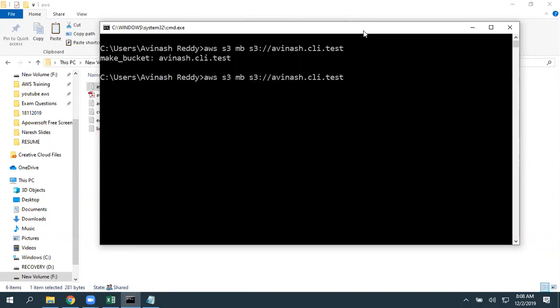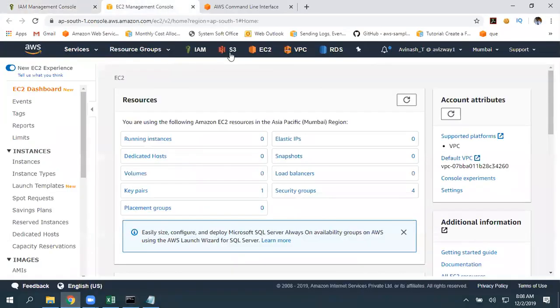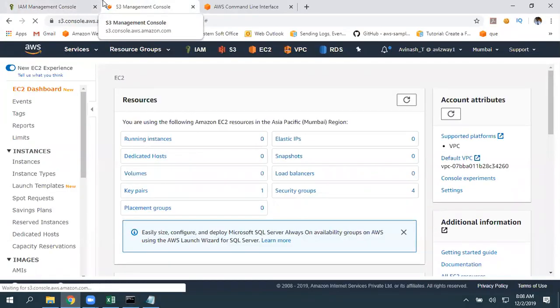For example, if you want to create this bucket specifically in any region, you can give a specific --region parameter, and that bucket got created. So let's go there and verify. I'm navigating to S3.